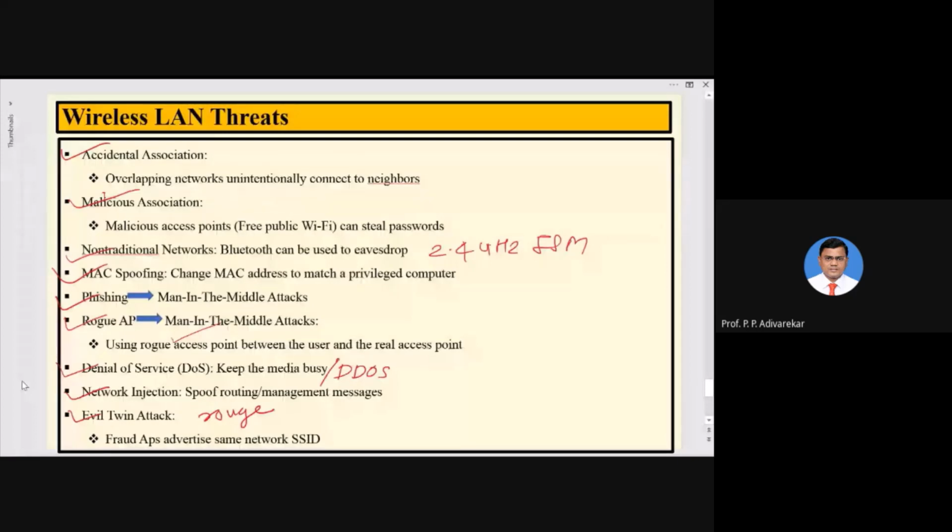Okay, so we have two different protocols. One is the WEP protocol and the other one is the WPA protocol. Okay, so that is what the security is. Okay, apart from that,